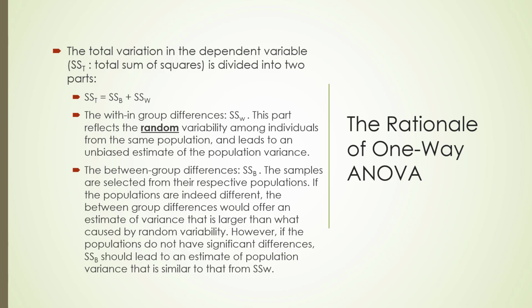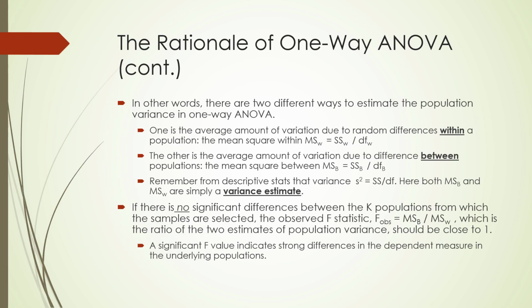But if you're interested, I have provided a file in the weekly Canvas module that shows the calculations step by step. As a quick outline here, if the null hypothesis is true, the within group and between group mean squares should be similar. So their ratio, the F statistic, should be close to 1. If group means differ, the between group mean square becomes much larger and the F statistic increases. Without going into the details,